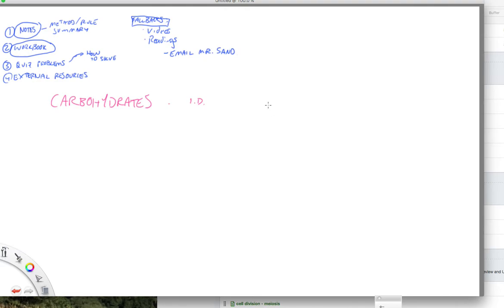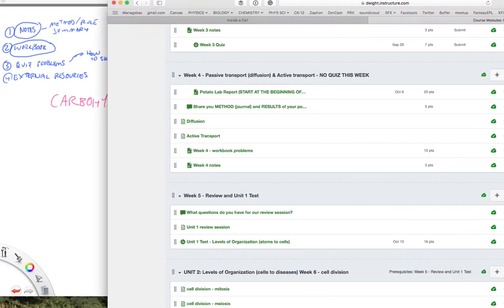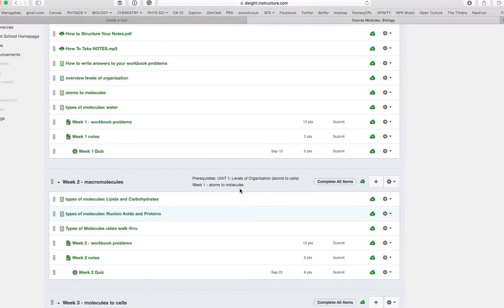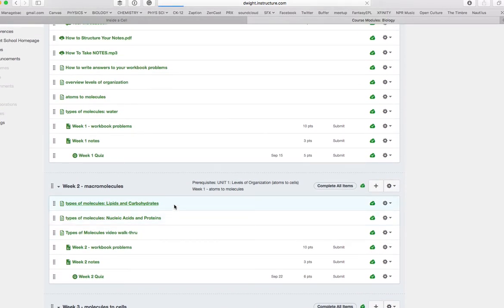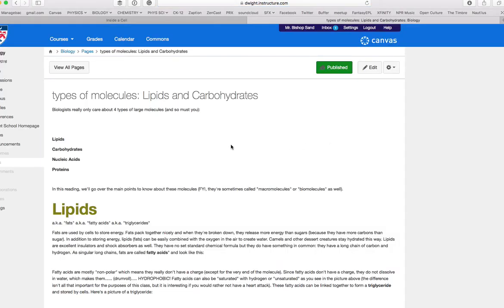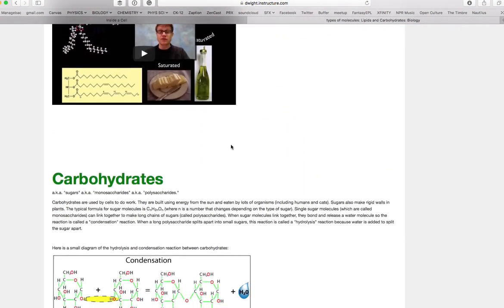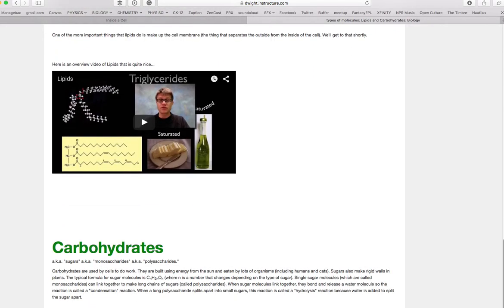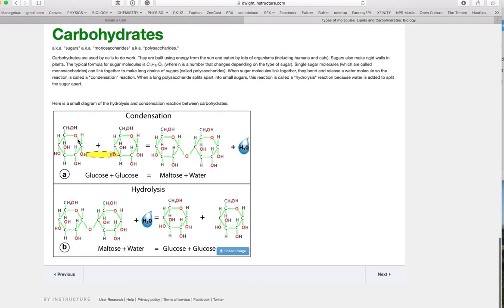Another thing that would link them together is long chains of these structures, these little ring structures here. So if I give you an example, if I go back through, I look at your module here. There's lipids first, and then down below the carbohydrates. Let me make this a little smaller so you can see it. And there we go. Okay, so these little ring structures here with lots of oxygens and hydrogens and carbons,